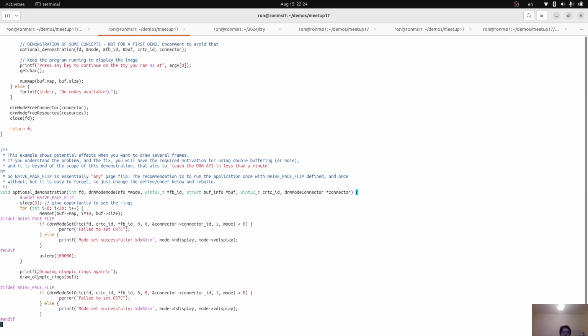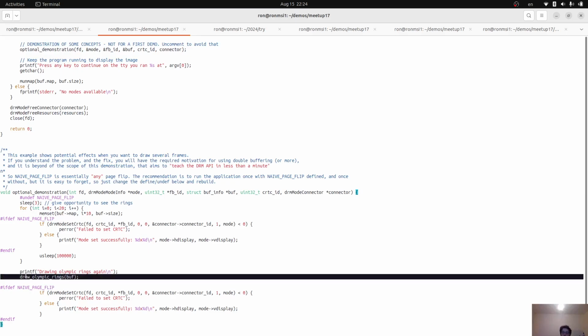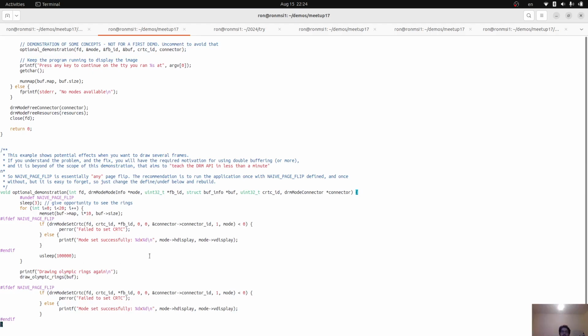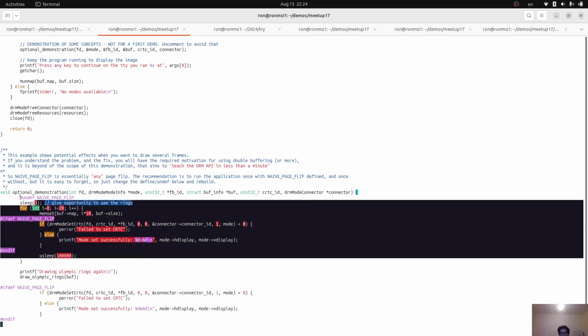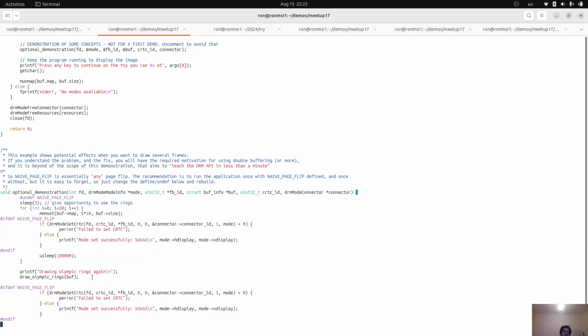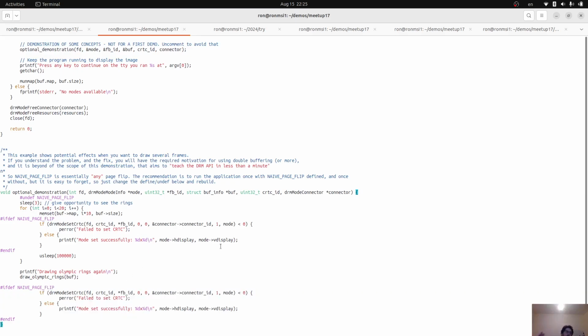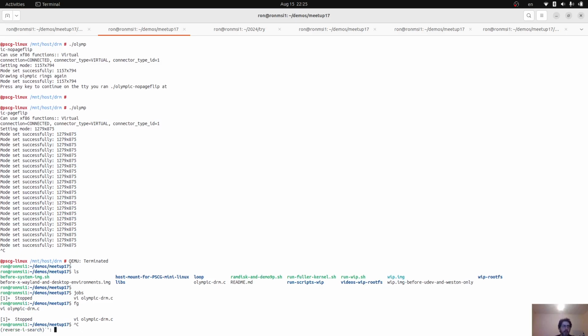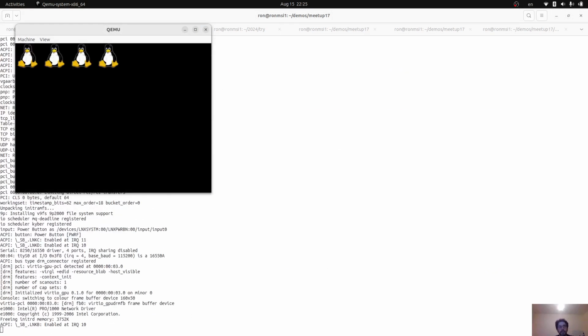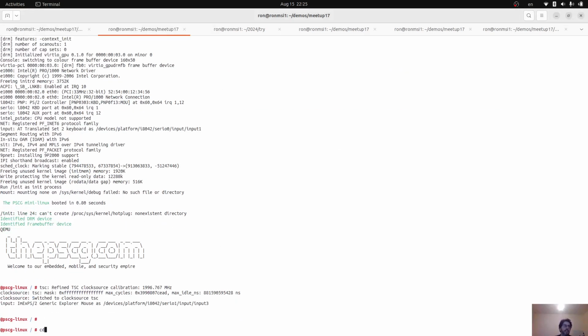After this, I'm drawing the Olympic rings again. This is what we did, all right? And it will be over the last color that I had, if this indeed worked. And after that, once again, I call DRM mode set CRTC. So DRM mode set CRTC basically forces me to sync. This is the page flip, okay? And if I used a device that is not an emulator, now let me run this again. If I use the device that is not an emulator,